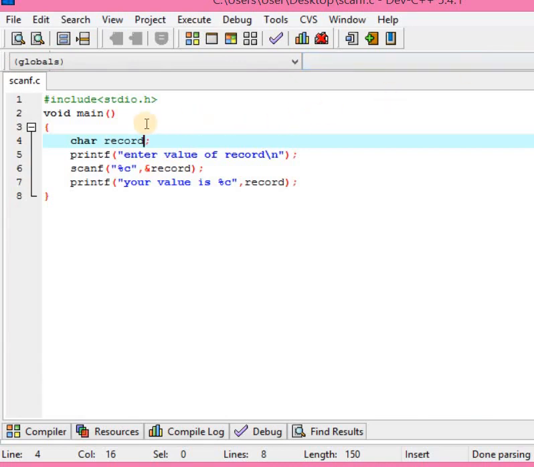After that, go to float. Replace char by float.